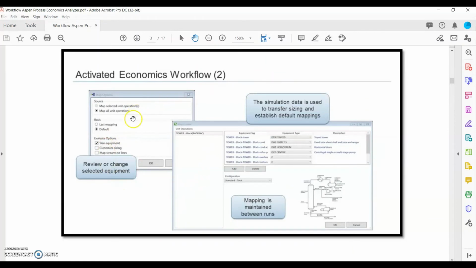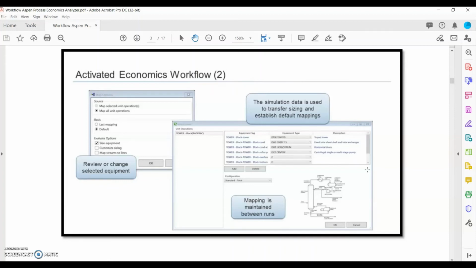Now, when economics is already activated and you do the mapping, you will see this window. Within this window, you can make changes. APEA has a certain default equipment type that will be mapped with the Aspen HYSYS simulation that you have created, but you can always make changes to this type of equipment.